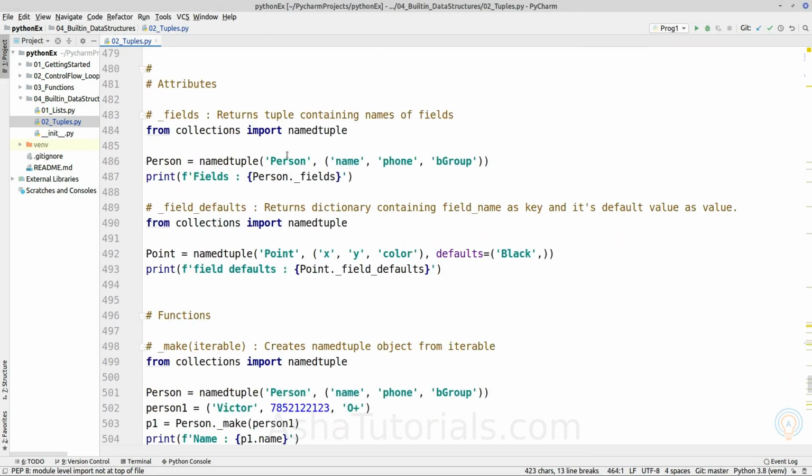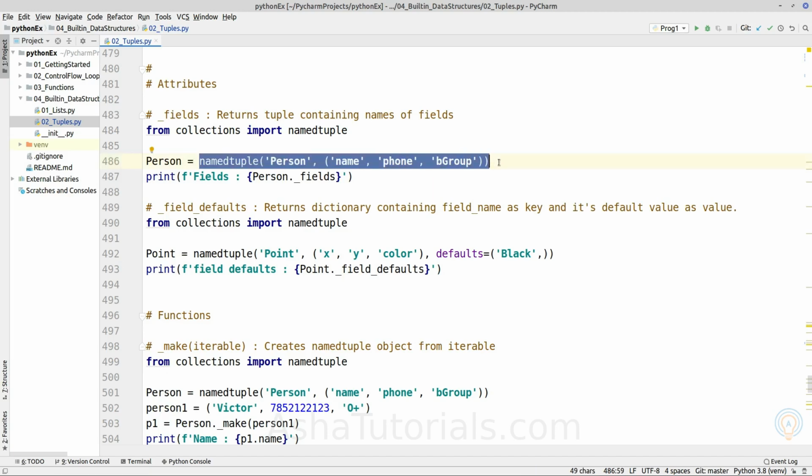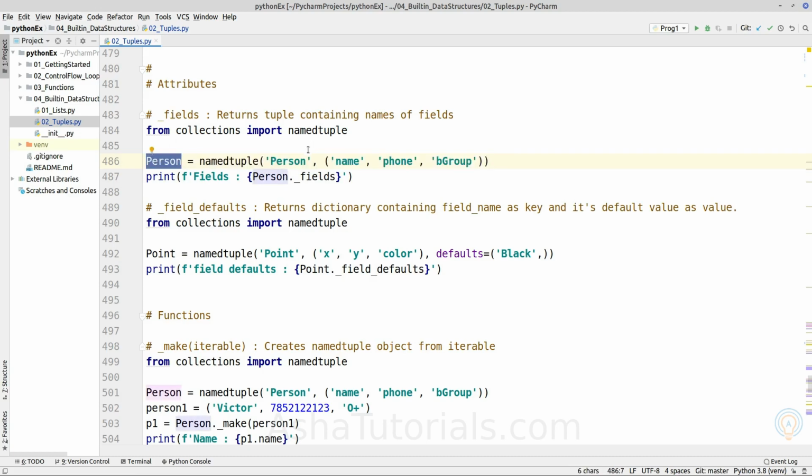Next topic is attributes of a namedtuple object, or of the class which is created by the namedtuple constructor. First we construct a namedtuple class, which is Person.